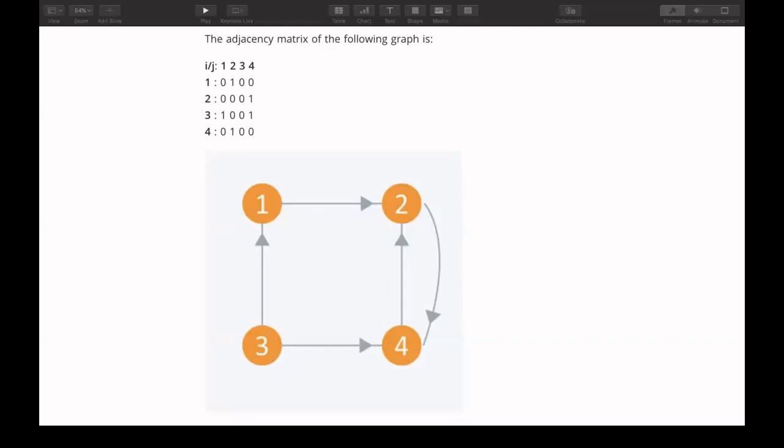You can just give this matrix a look. In case of directed graphs, it's not necessary that the matrix would be symmetric. It can be symmetric, but it's usually not. But in case of an undirected graph, it is always symmetric.